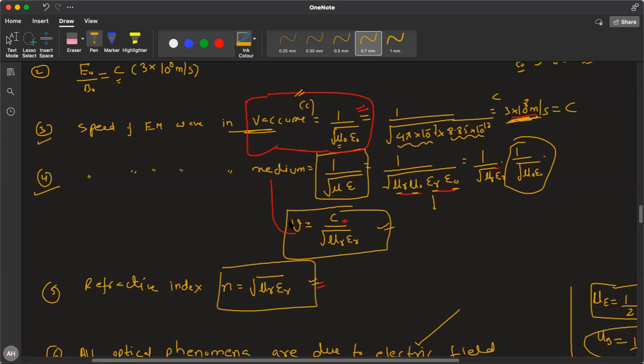See, Sania, in medium, the speed of light is c divided by something. Here c is the speed of light in vacuum, divided by something, so we get v, which is c by something. When you divide c by something, the value will decrease; it will be a smaller value. Like if I tell you divide 4 by 3, obviously 4 by 3 is less than 4. So dividing c by something, this whole fraction is less than c.